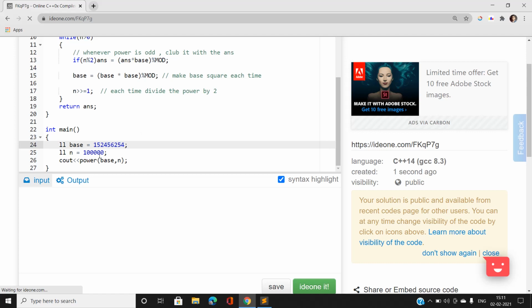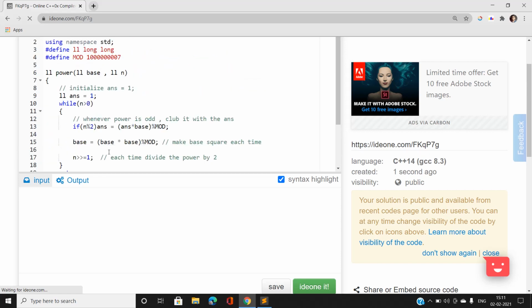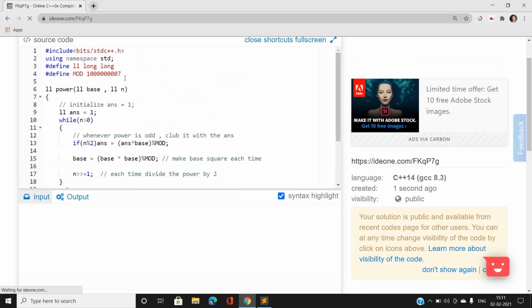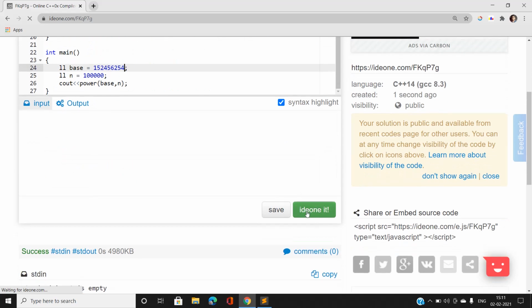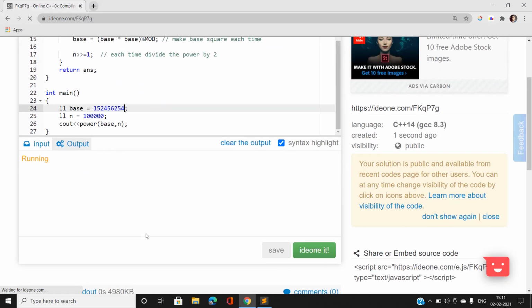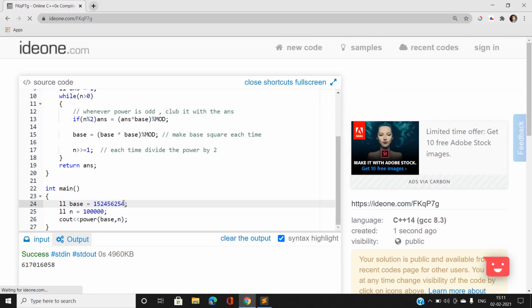As you can see, when we use the inbuilt C++ or Python power function, this will not satisfy our needs. So we will need binary exponentiation to solve this. Suppose we have to calculate this base and this power, base power n, with taking modulus. So we simply run our code here and use this binary exponentiation function. You can see easily that it gives our correct output, which is the power of base comma n, with taking modulus.